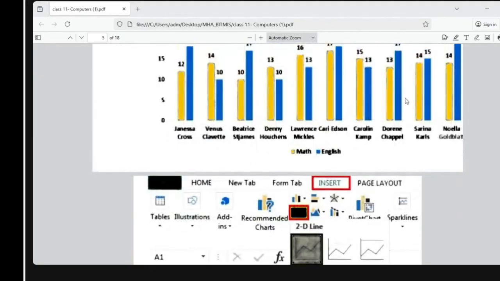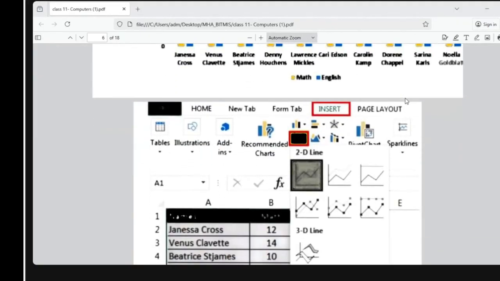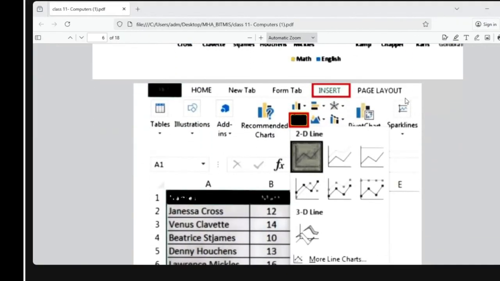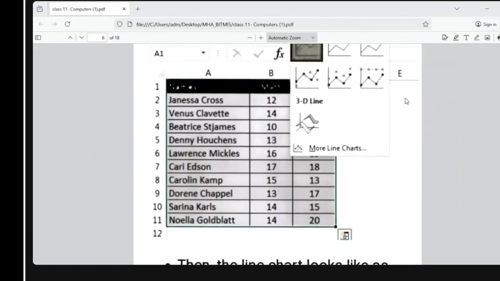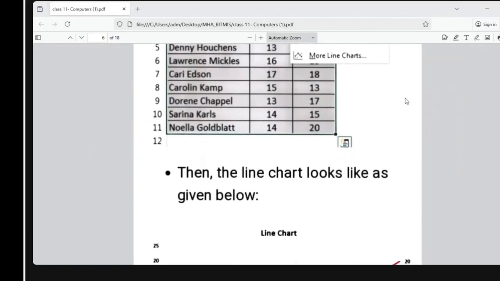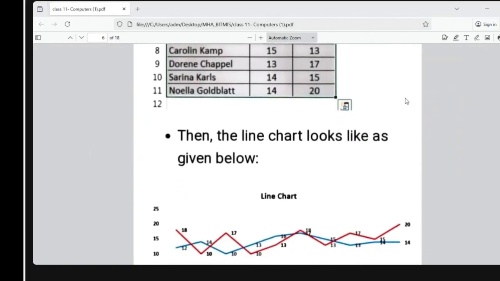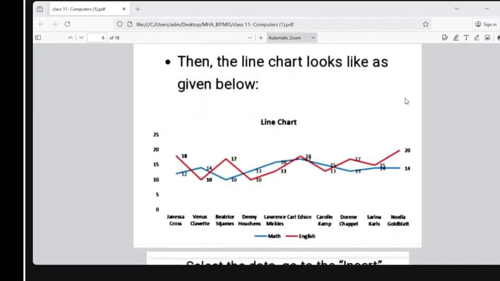Next we insert the next type of chart. See, 2D line chart: click insert, then click on 2D line chart, with the same table. Then the line chart looks as given below. The same table is converted into a line chart and shown in lines.